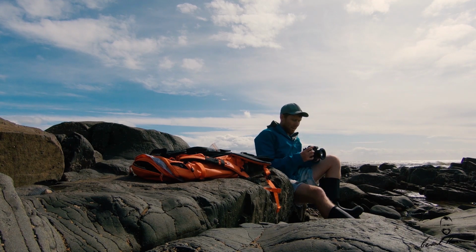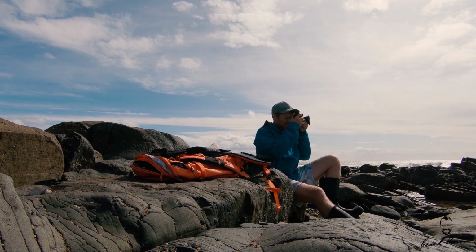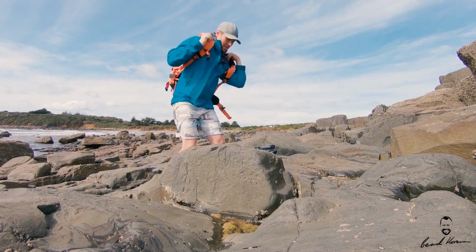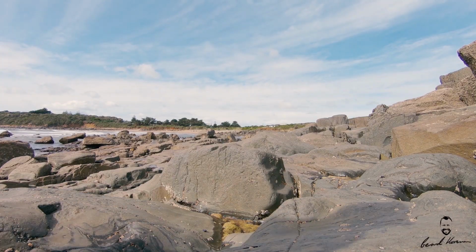Seriously, can't believe how angry I make myself sometimes. I really should have put some weight on the bottom of that tripod in these blustering conditions here, and I'm quite amazed that this 85mm lens and this D810 body are working just fine. Well, that's probably not the best way to end a